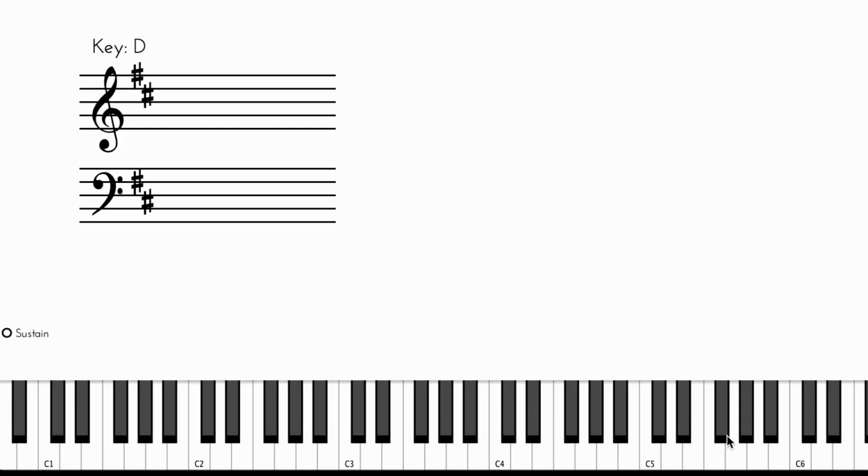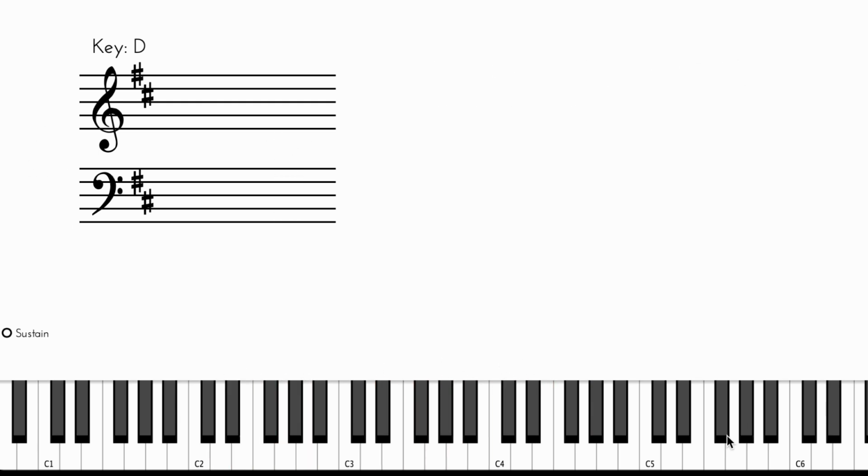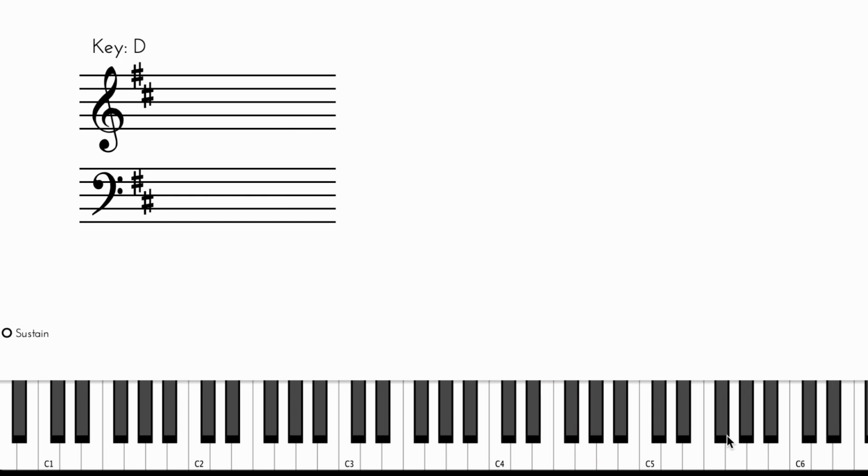We are looking at chord inversions in the key of D. So this is your scale in the key of D. I assume that you already know this, because before you learn your chord inversions, you want to make sure that you learn the scale in the key of D. Otherwise, what I'm going to show you won't make sense. First, make sure that you learn your scale in the key of D, and then from there, we're learning the